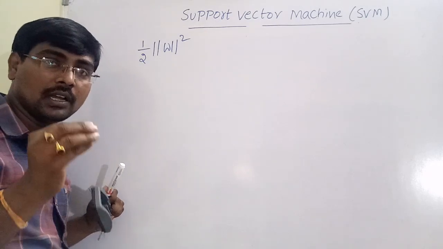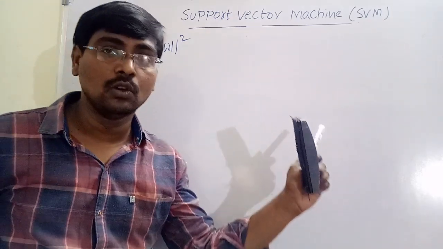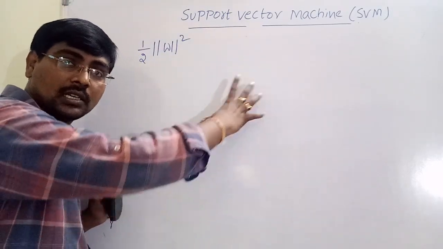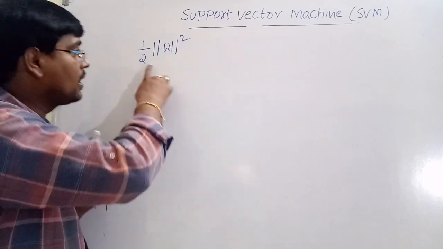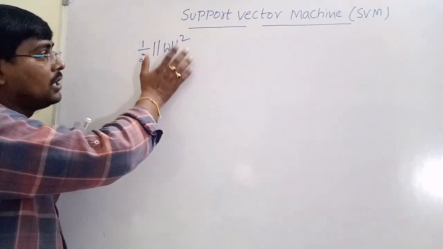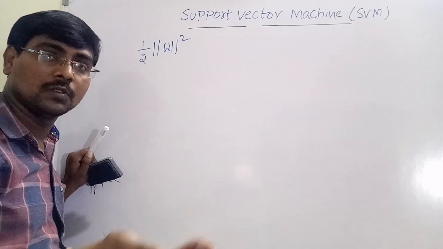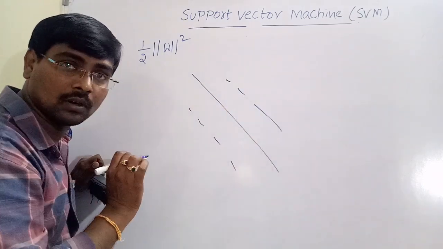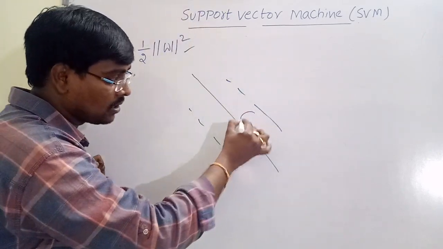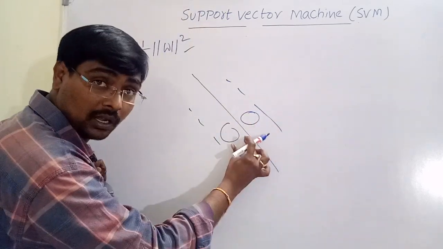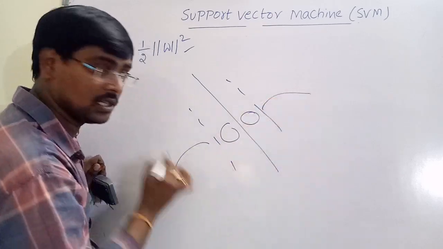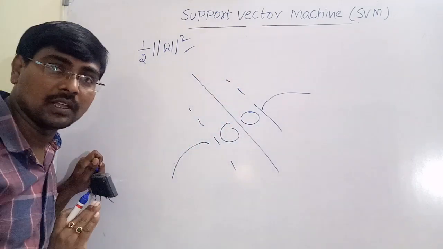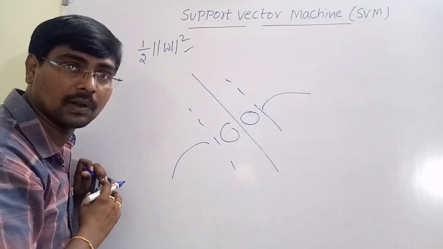So for our convenience, we are choosing the distance M is equal to 1. If M is equal to 1, this distance becomes half. By taking half of the square distance, it means that none of the examples falls inside the margin. Suppose this is the margin, this is the margin, this is the decision boundary. This specifies that there is no point inside these margins. All the elements are outside the margin. If all are outside the margin, that means we correctly classify, that is, the data is correctly separable.